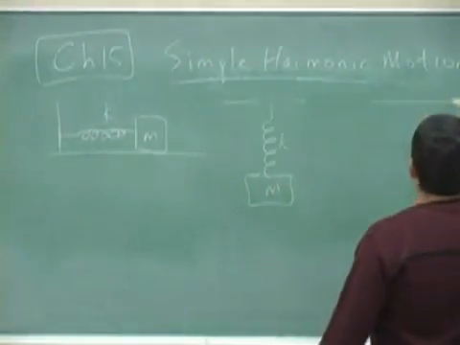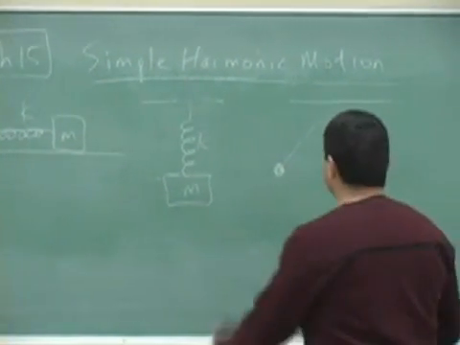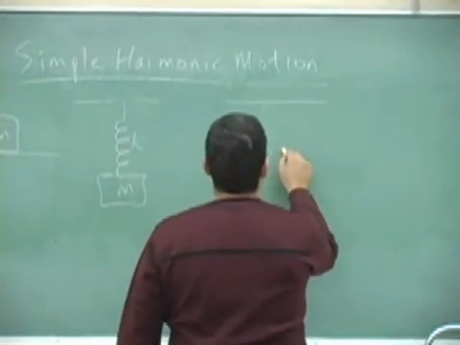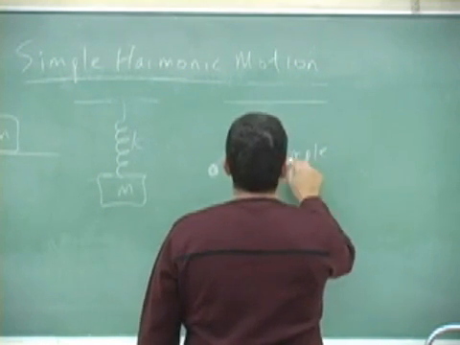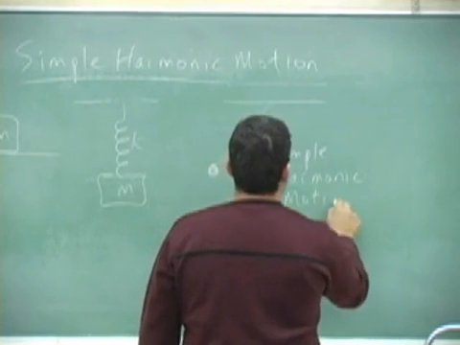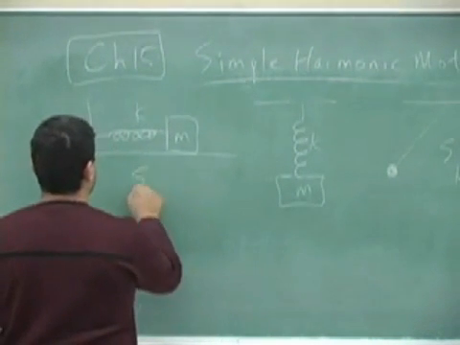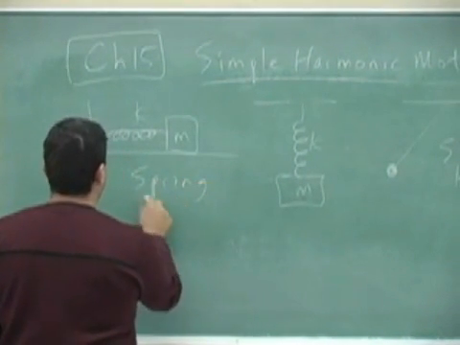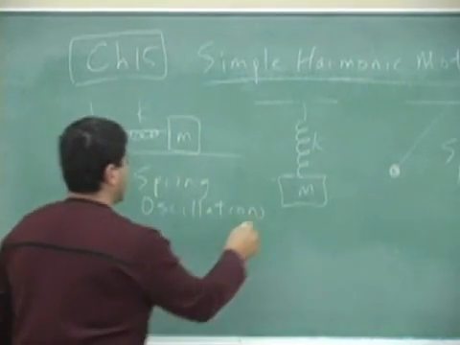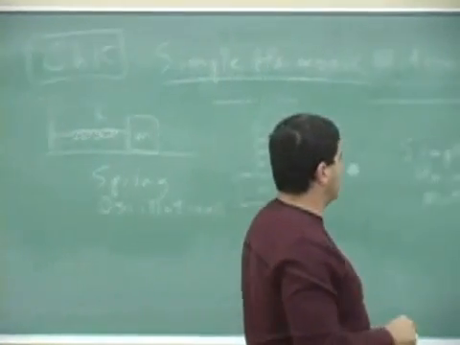Or let's say a string with some small ball hanging at the end of it. You can let it go, and it goes back and forth. This is known as a simple harmonic motion. And this is known as a spring oscillation. Spring oscillations. And this one,